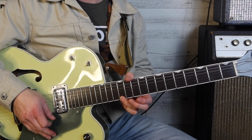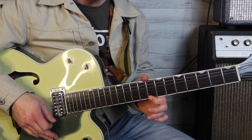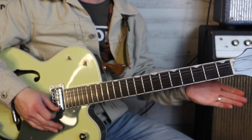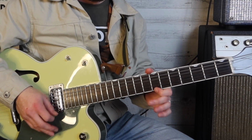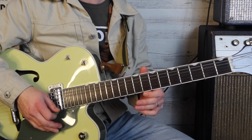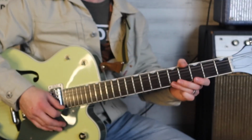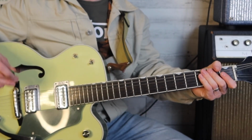12, pull off, 10, pull off, 8, pull off, and then we go back to the 10, 8, 7. So you just keep throwing the open in between. You keep doing a pull off. Okay, so we did 12, 12, 0, 10, 0, 8, 0, 10, 0, 8, 0, 7, 0, 8, 0, 7, 0, 5, 0, 7, 0, 5, 0, 3, 0, 5, 0, 3, 0, 2, and do a little bend, and now we launch into